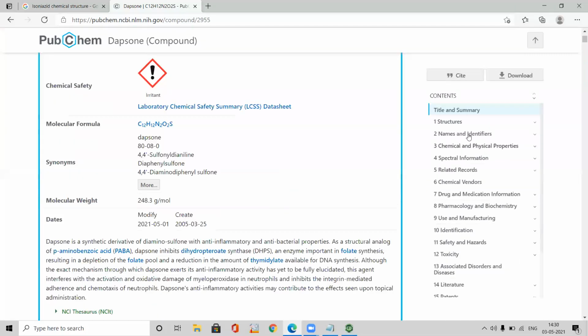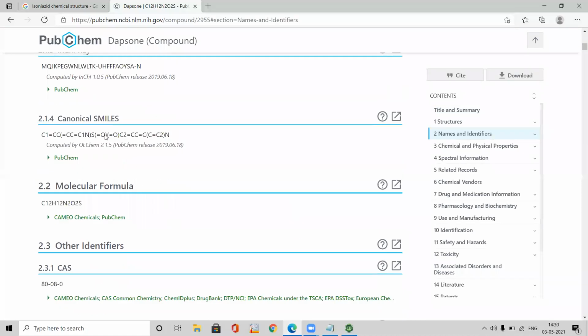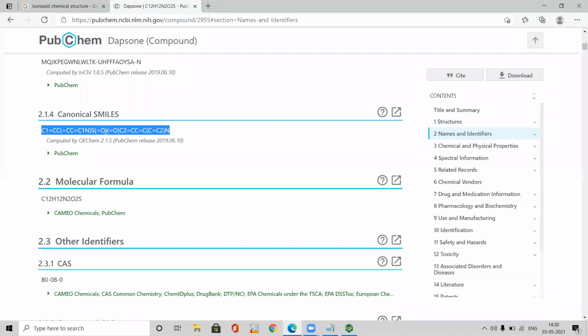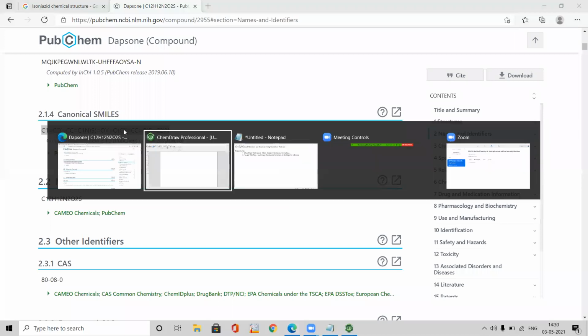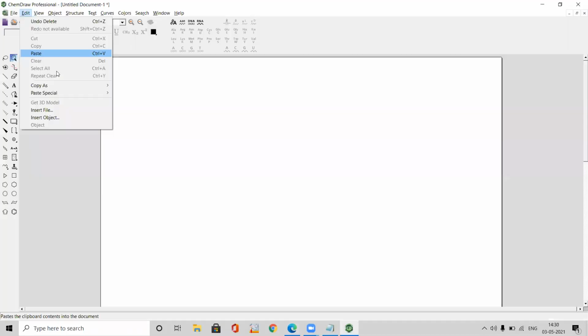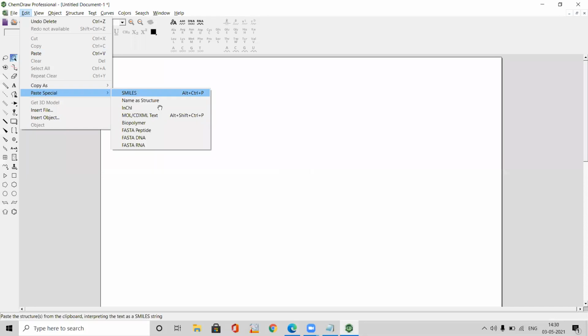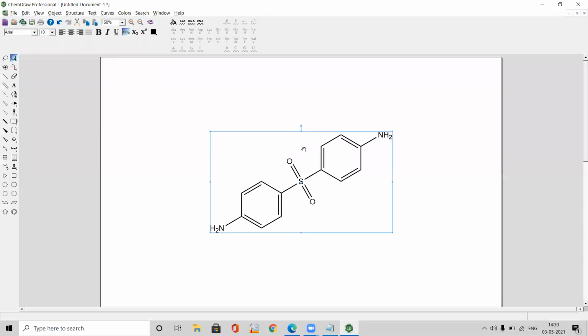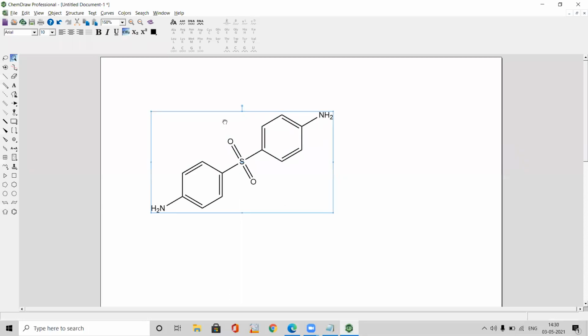Now let's go to the names and identifiers. Select the smiles, go back to ChemDraw Professional, go to edit, paste special, smiles. You will get the chemical structure of dapsone.